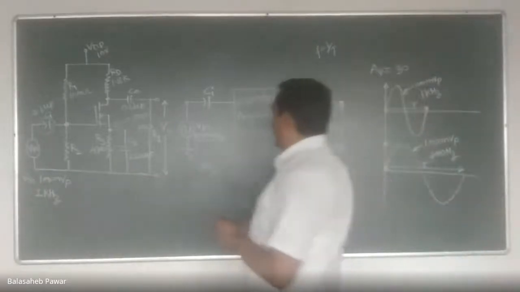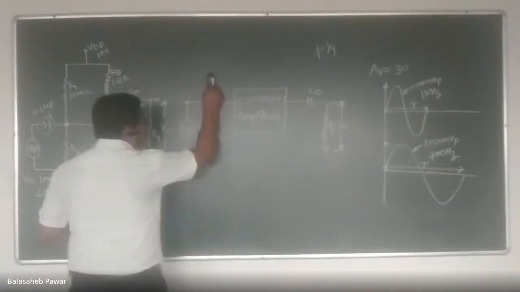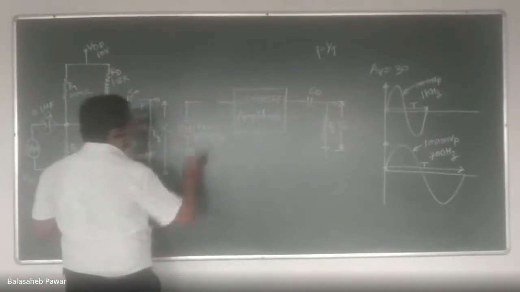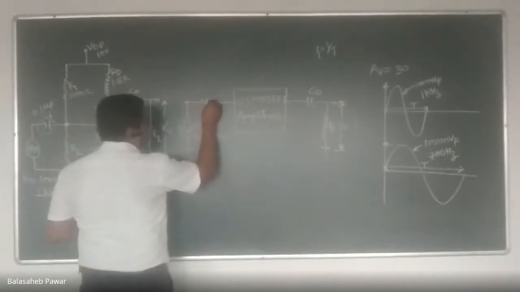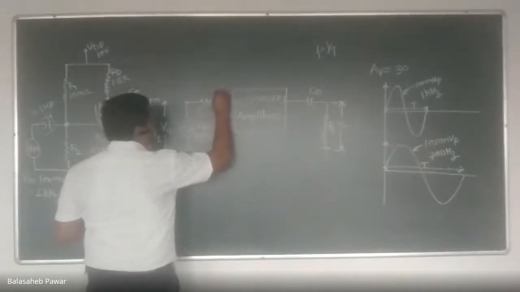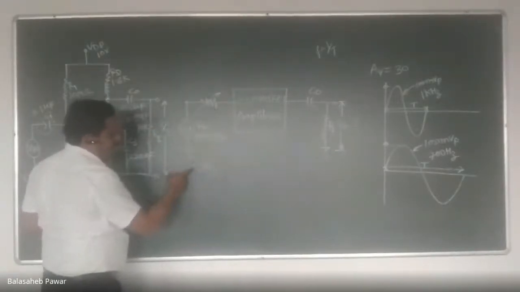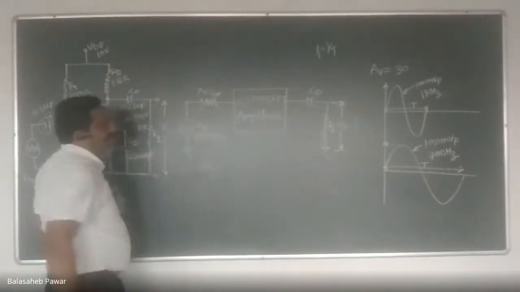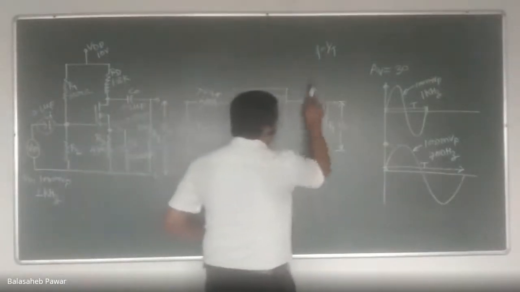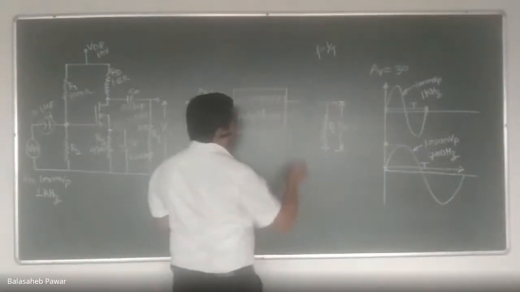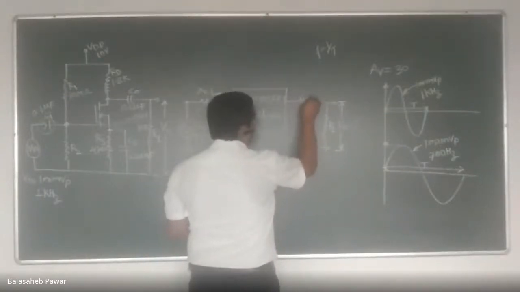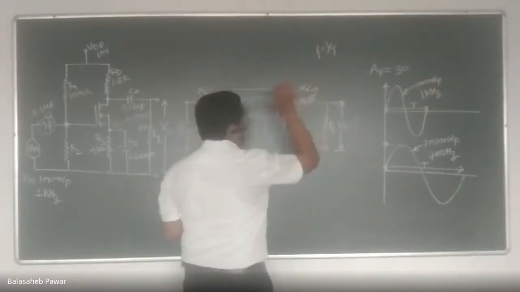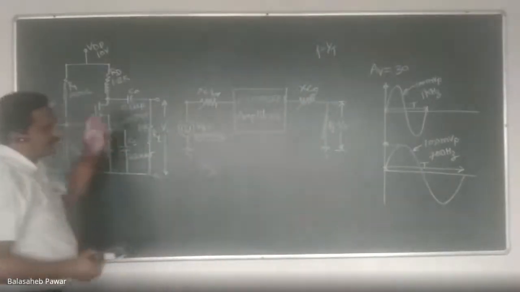Why will it be 0? Because we already discussed, this input coupling capacitor Ci is connected over here. It offers reactance which depends on the applied input signal frequency. This is nothing but Xc of input. Similarly, I can replace this output coupling capacitor by its reactance like this, and this is nothing but Xc of output. Do you agree with this?